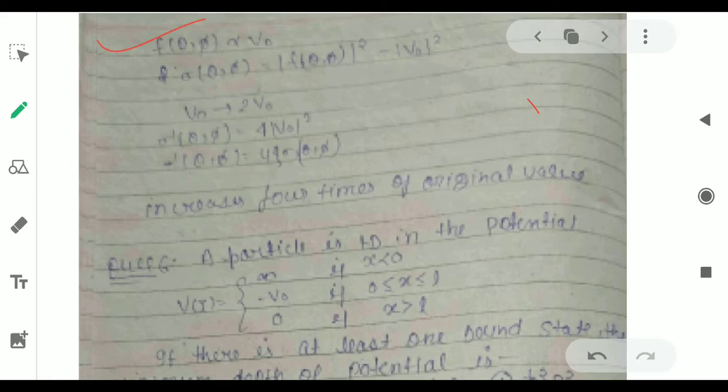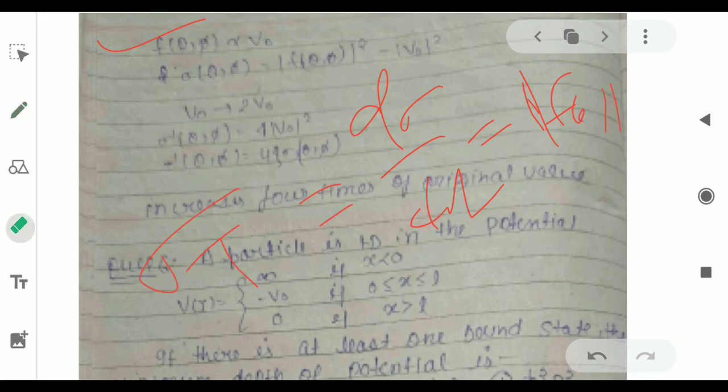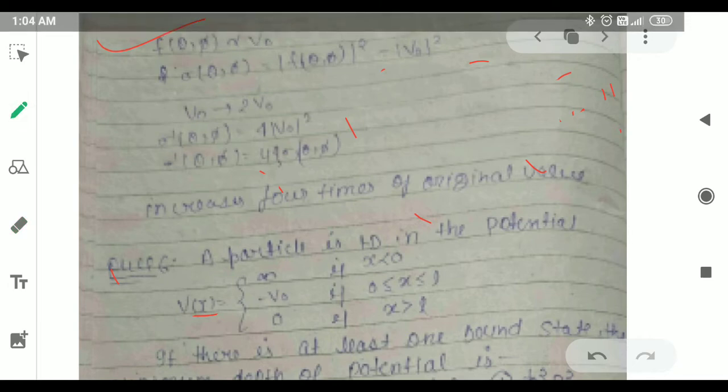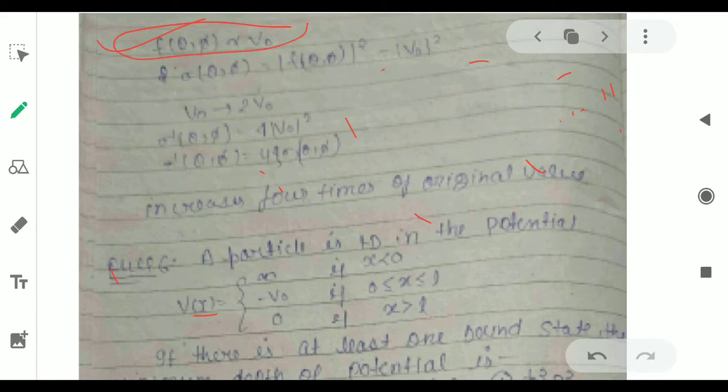And so we will find the scattering cross section. The differential cross section dσ/dΩ will be equal to the square of the amplitude, that is |f(θ)|². So after squaring the amplitude, we will find the differential cross section. Okay, if the amplitude f(θ) is proportional to V0, then sigma will be proportional to V0